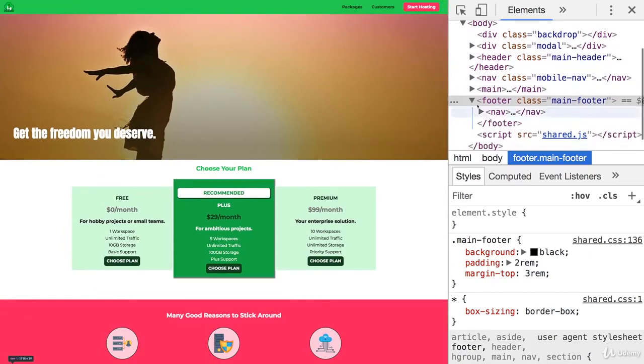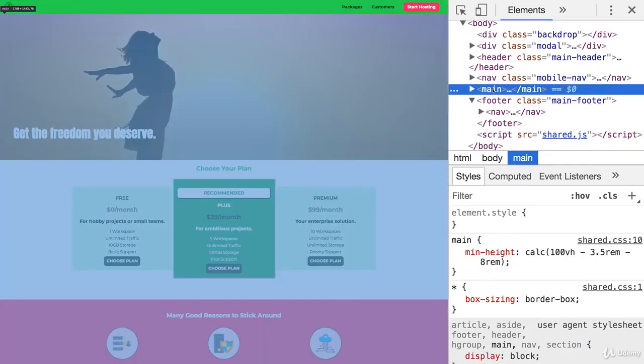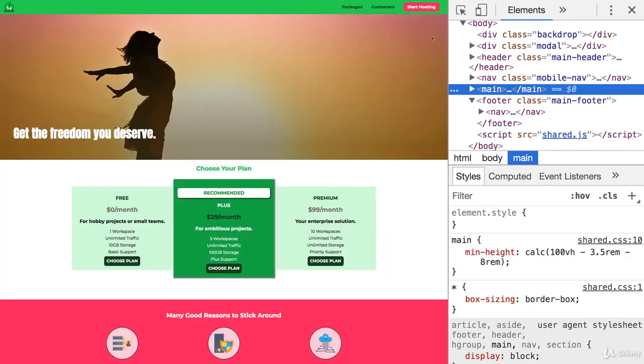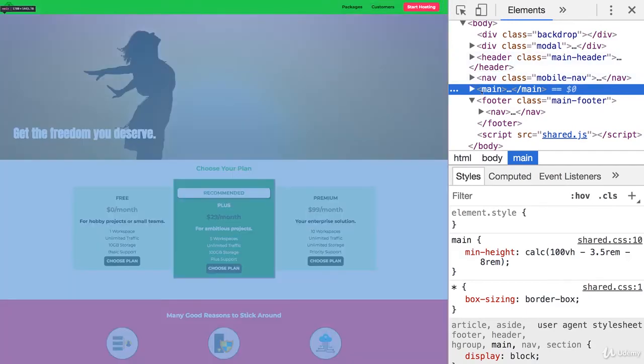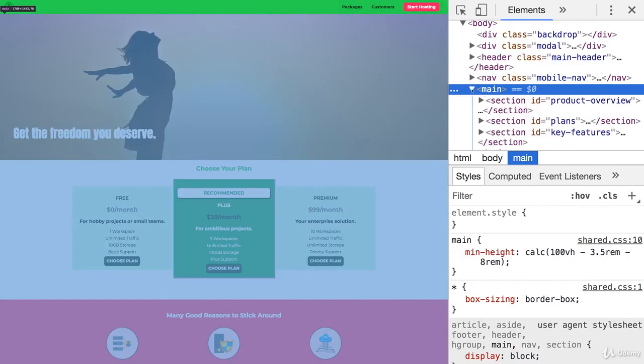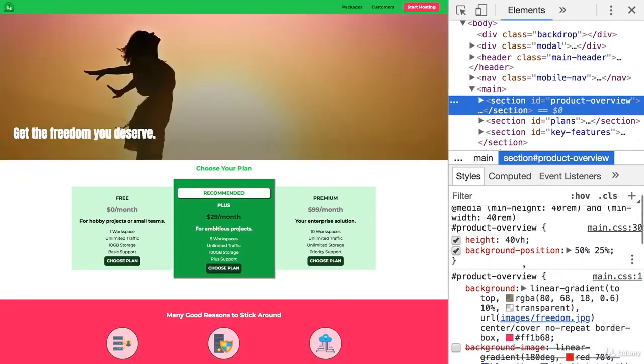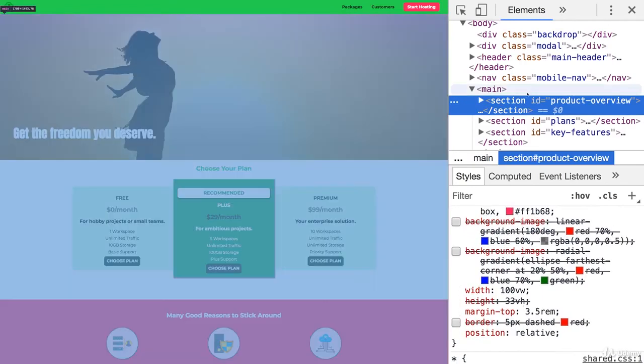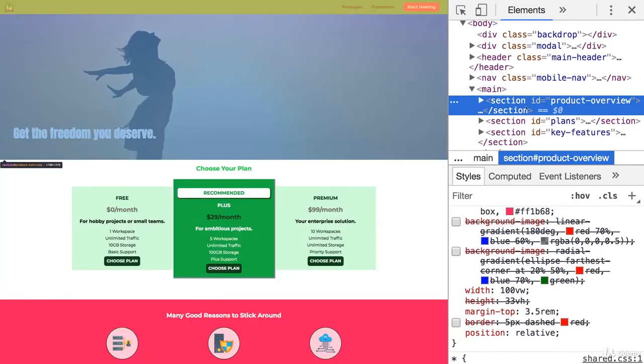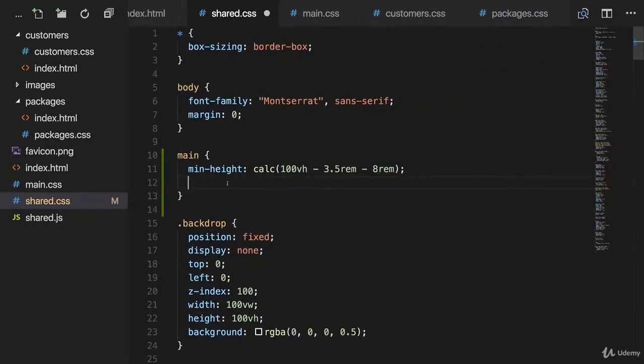Because if we go right here into our main element, we can see that one thing is missing actually. We are missing a top margin because the main element should not be hidden below our nav element. At the moment, this is not the case because we added the margin right here, this margin top, to our product overview ID, this one right here, our section element. The better approach would be to add such a 3.5 rem margin top to the shared CSS file. So let's add margin top right here of 3.5